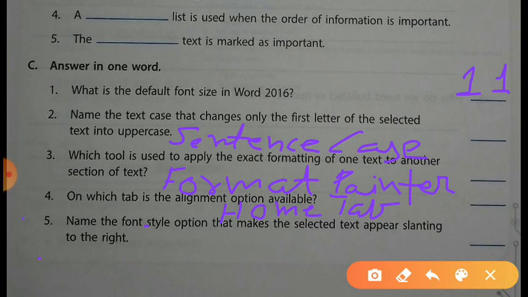Question number 5 is: name the font style option that makes the selected text appear slanting to the right. You have to fill here italic. Italic is the right answer for this question. So dear students, you have to fill here italic.